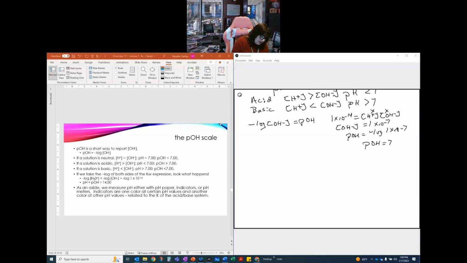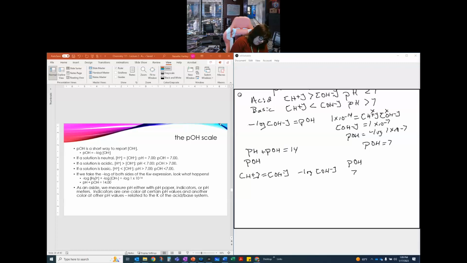And what that means is that at 25 degrees, pH plus pOH is equal to 14, which is the negative log of Kw. So that is a relationship that we can work with. Now, when we talk about pOH, when H plus is equal to OH minus, that's a neutral solution. So I take the negative log of that OH minus, and that pOH